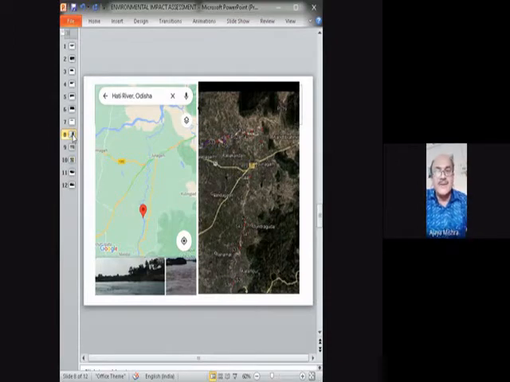Hardly any river you might find where natural meanders are formed like this, and it goes due north and reaches the River Tel beyond Junagadh, north of Junagadh. The right map shown is a satellite map